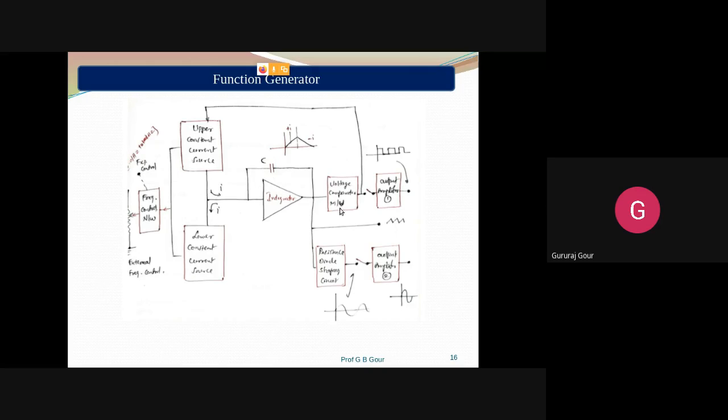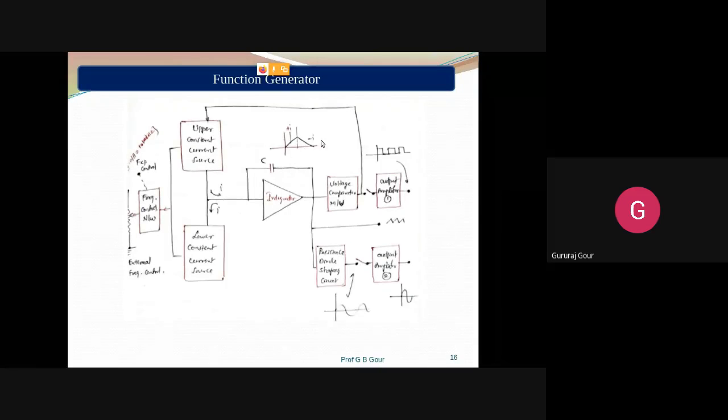The integrator output, you can see here, through the voltage comparator multivibrator is fed back to the current sources. Suppose the upper constant current source starts sending current through the integrator. It will start charging, the voltage will start rising, and its slope is decided by the frequency input that you are giving. Are you understanding this? So the rate at which the voltage is increasing across the capacitor, its slope, is decided by the input frequency given to this upper constant current source.